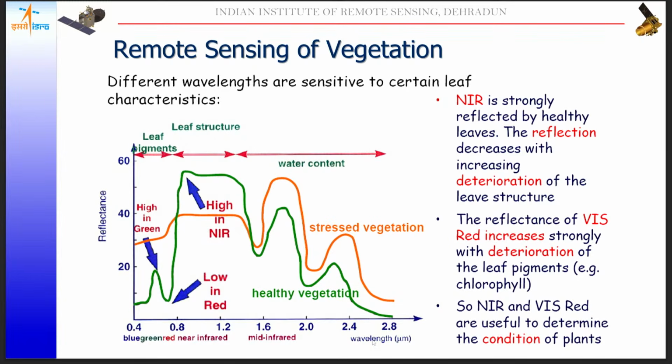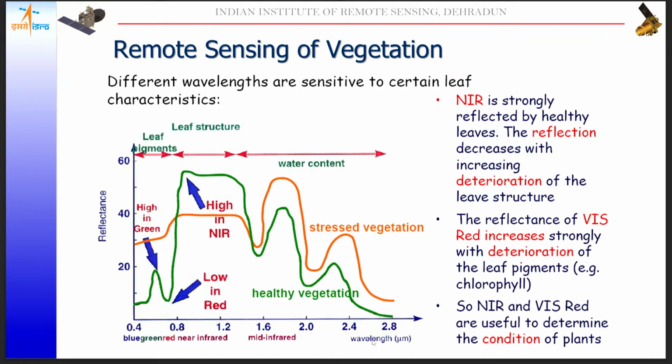So here this slide shows the remote sensing of vegetation. More specifically, it shows how the spectra vary with respect to the VNIR range, the visible and near infrared bands, and how healthy and stressed vegetation differ in reflectance. Specifically in the red band wavelength and the NIR wavelength, there is a drastic variation between healthy and stressed vegetation, and this point-specific variation in reflectance can be utilized in generating different kinds of spectral vegetation indices.